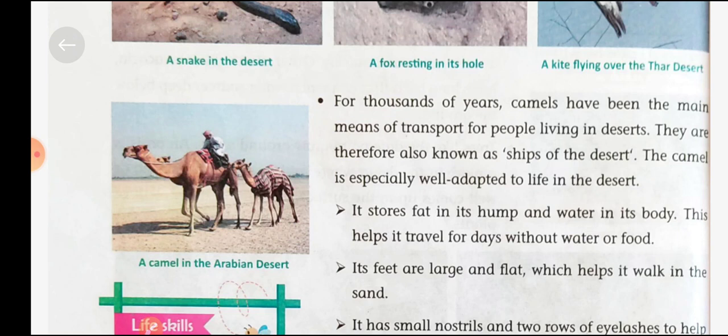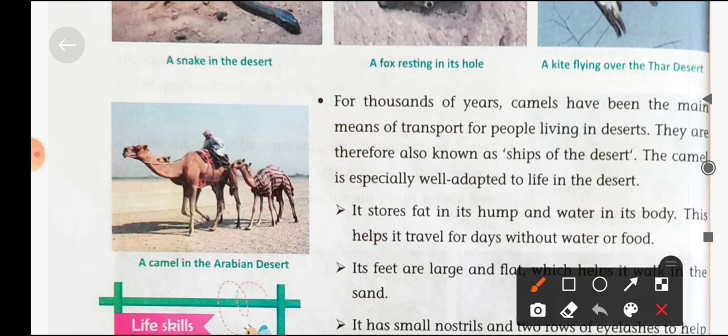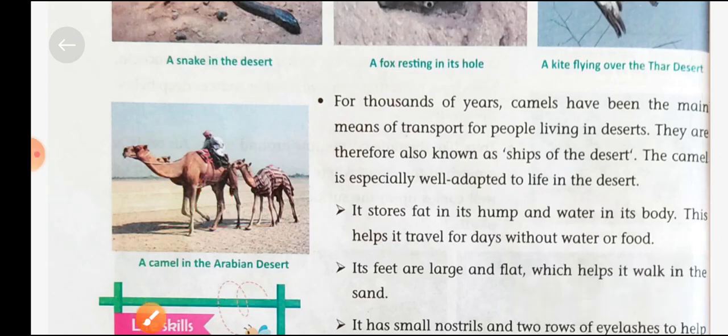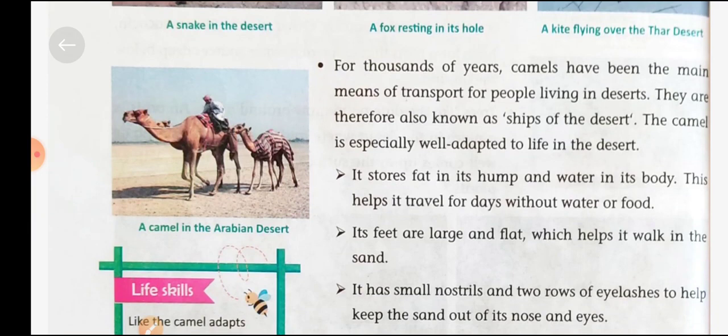Its feet are large and flat. The feet of camels are large and flat, so they can cover long distances in sand.